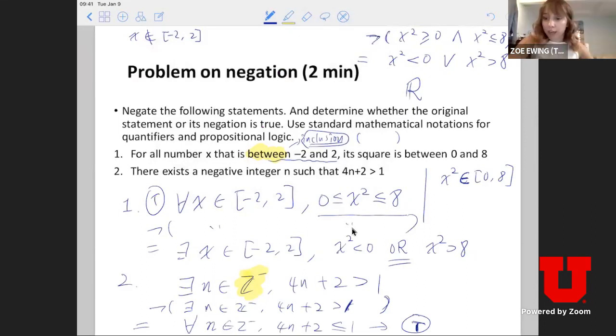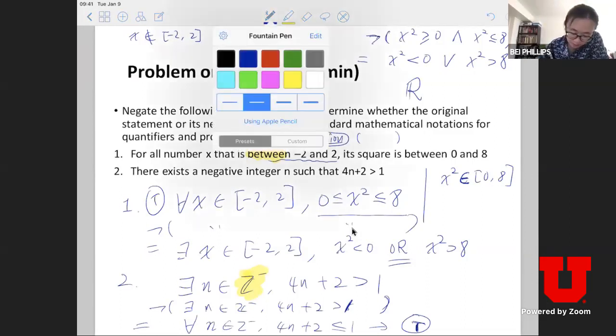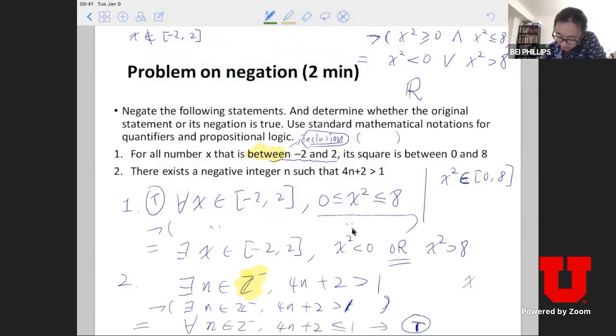If you negate an inequality, does the inclusion of the equality always change? Right, yes. Let me use a different color. If I have, say, x squared bigger or equal to 0, and I negate it, it's not bigger or equal to 0, so this becomes x squared smaller than 0. So the direction changes, and if the original has an inequality that includes equality, then the negation does not include equality, okay?